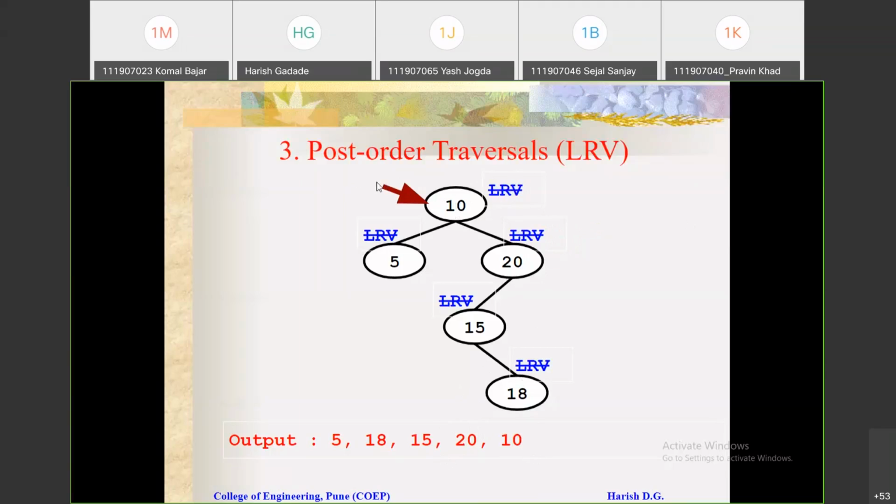As I said, it started from the root node and ended again at the root node. So you can say this is the final traversal using post order. You can see in the final traversal: 5, 18, 15, 20 and 10. This is the post order traversal. It's very simple actually. You just need to follow these 3 steps and not be confused. If you practice, you will understand it is a very easy way.